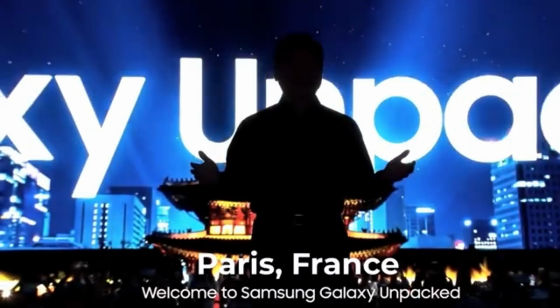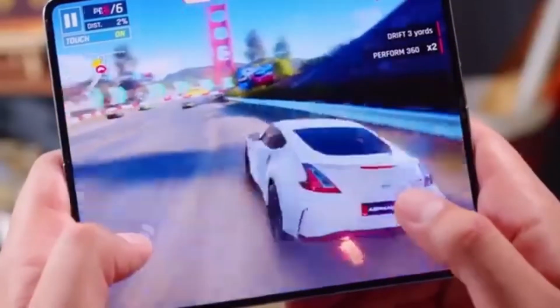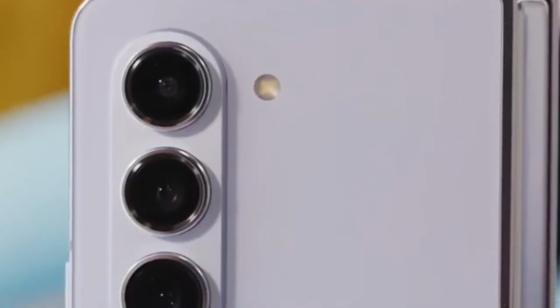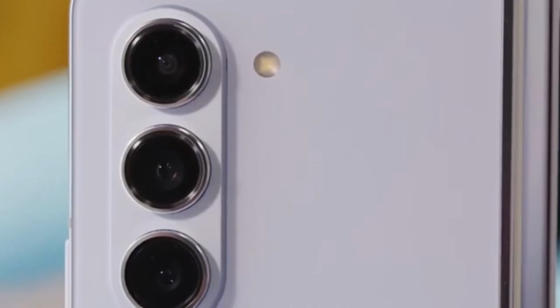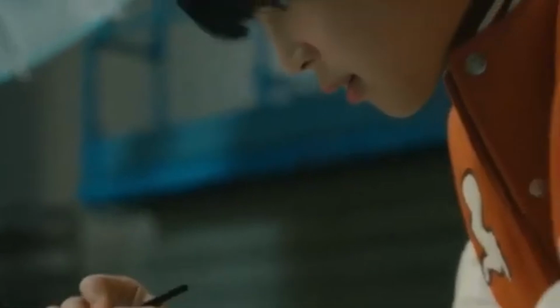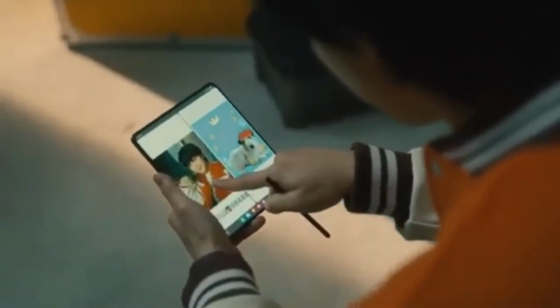Samsung's Galaxy Unpacked events are always full of surprises, and we can't wait to see what they have in store for us this time. Will the Galaxy Z Fold 6 Ultra live up to the hype? Will it bring groundbreaking features that set it apart from the standard model? Only time will tell. While rumors suggest a larger display and a slimmer design, the lack of S Pen support might be a deal